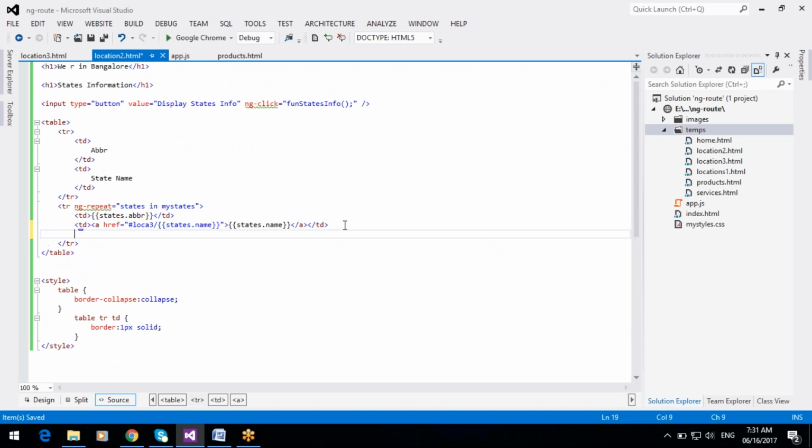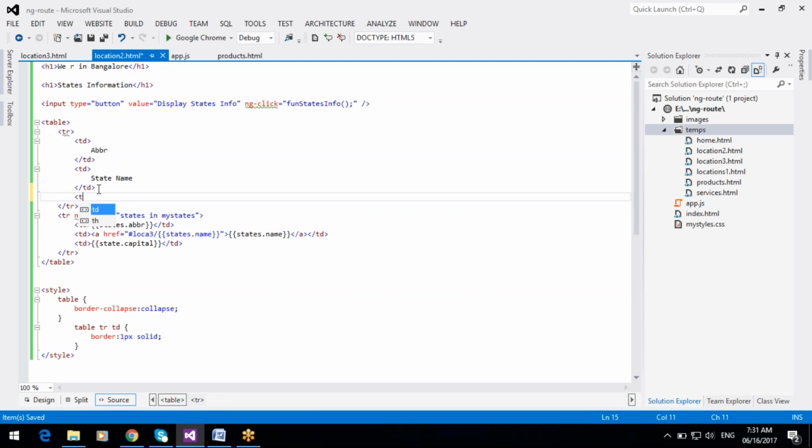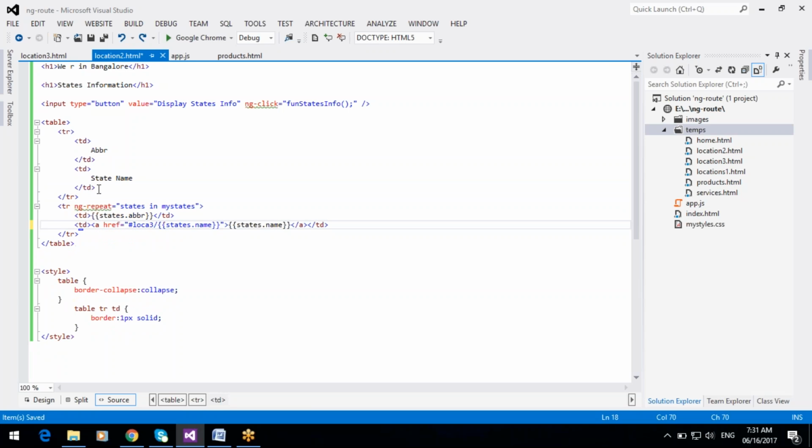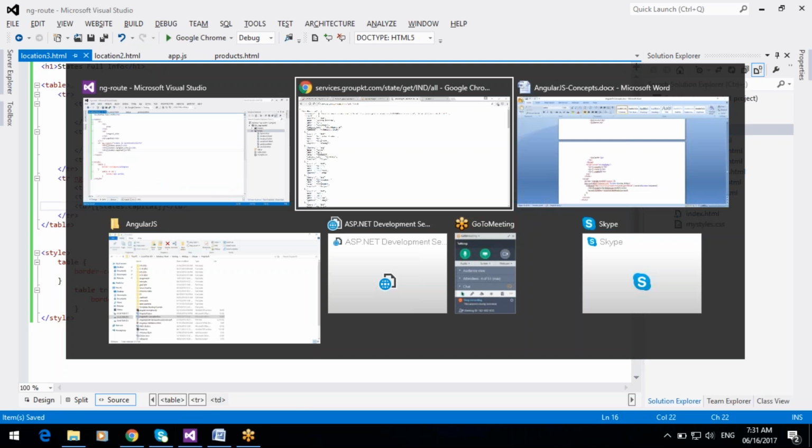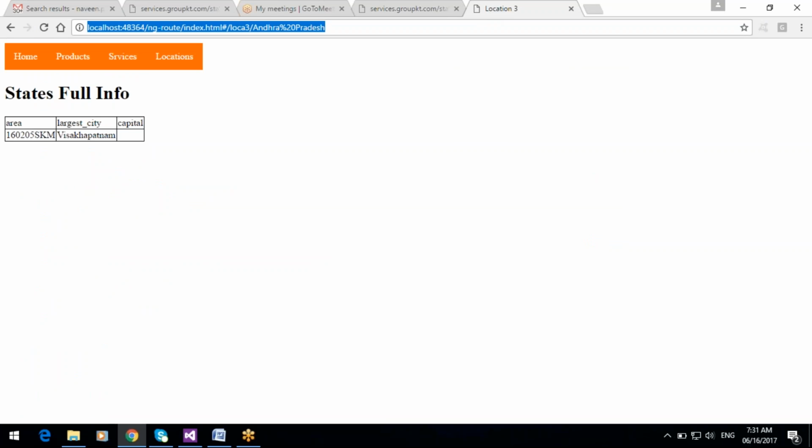Here we have not provided the capital. In location 3, state dot capital. Now Hyderabad, India is also coming.